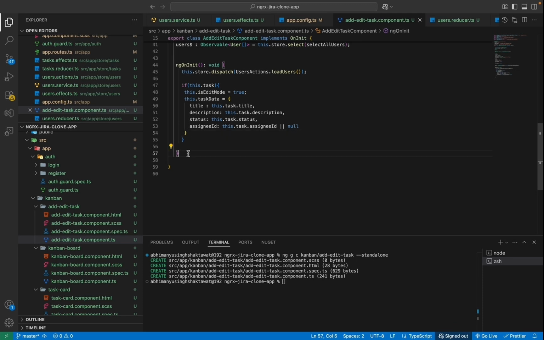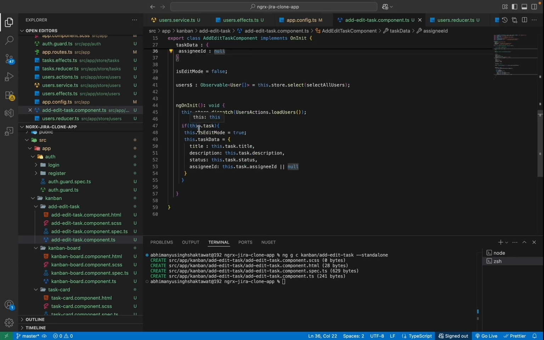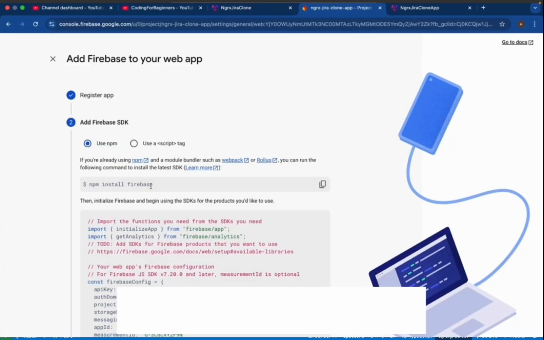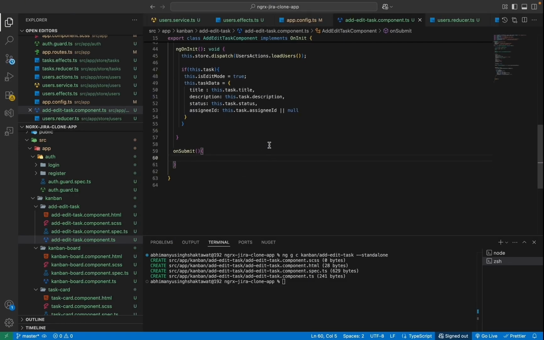So whenever user, for example, clicks on edit or even on add, then we need to show him the full form, right, with all these details, and depending on what he clicks, add or edit, we need to dispatch that specific action. So here we'll define our onSubmit method. Okay, and inside this now we will write our logic. So first thing we need to do is we need to create our payload. So payload which we need to send either if it's add or if it's edit, right? In the action we need to send a payload. So here what we need to do, we need to create that payload. So we'll say const payload,